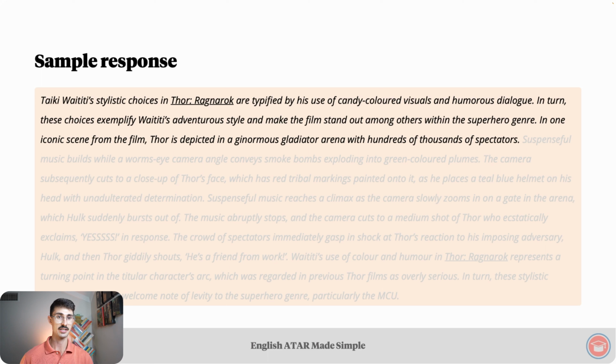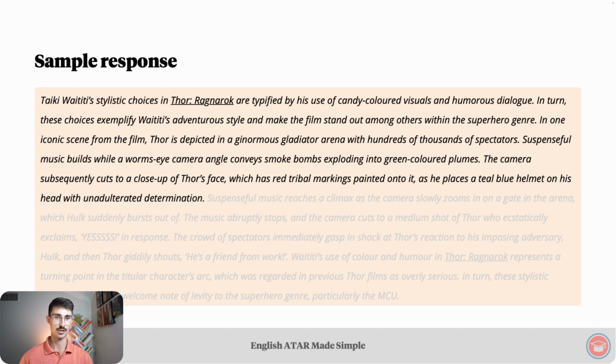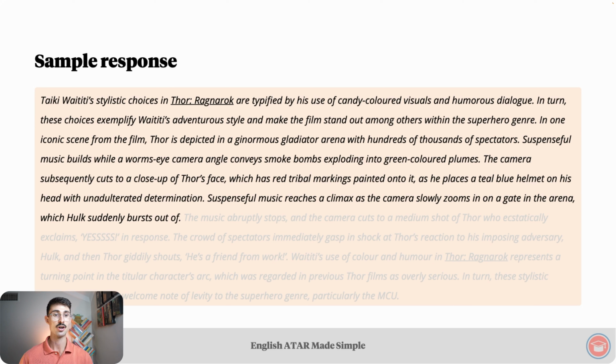In one iconic scene from the film, Thor is depicted in a ginormous gladiator arena with hundreds of thousands of spectators. Suspenseful music builds while a worm's eye camera angle conveys smoke bombs exploding into green-colored plumes. The camera subsequently cuts to a close-up of Thor's face, which has red tribal markings painted on it, as he places a teal-blue helmet on his head with unadulterated determination. Suspenseful music reaches a climax as the camera slowly zooms in on a gate in the arena, which Hulk suddenly bursts out of. The music abruptly stops, and the camera